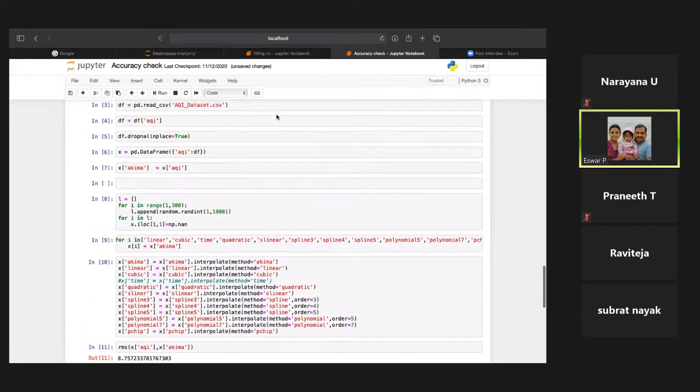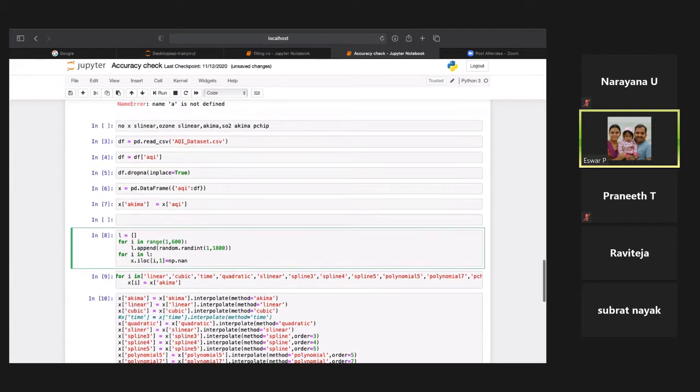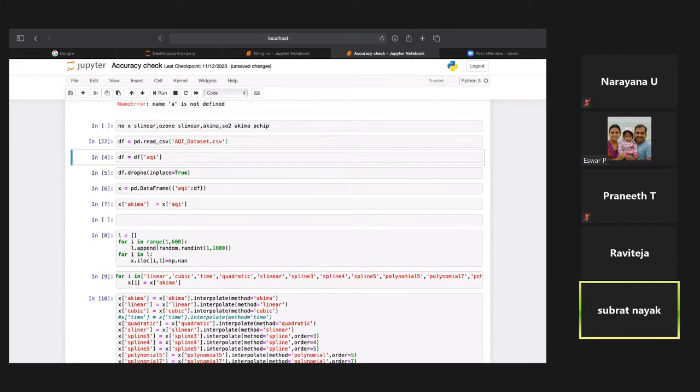So we have to use the maximum of those seven parameters to fill AQI, and then go with predicting the null values. Clear, right, Nayak? Yes, sir. Okay.